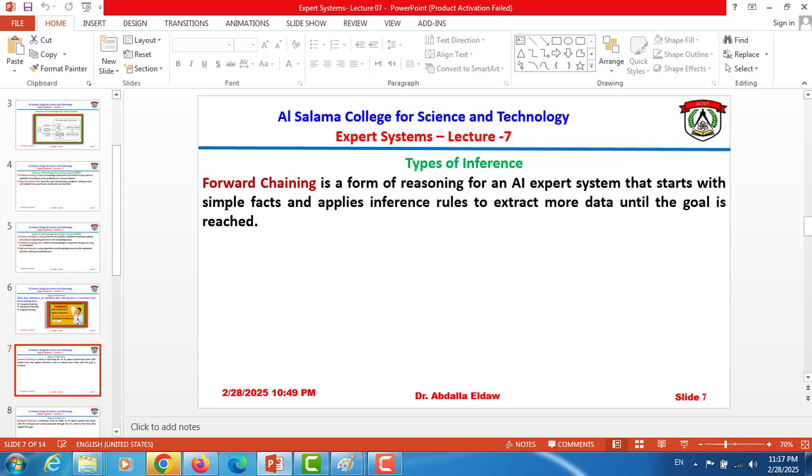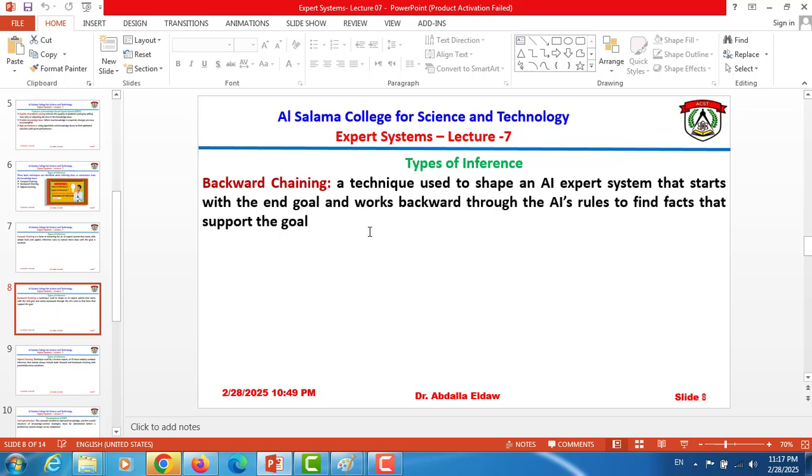Types of inference, as we said, forward chaining is a form of reasoning for an AI expert system that starts with simple facts and applies inference rules to extract more data until the goal is reached.